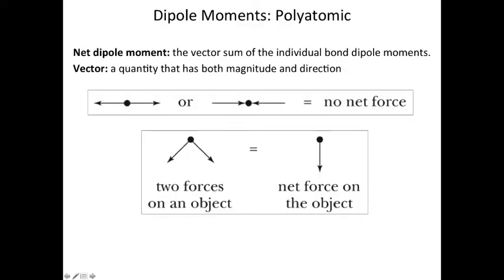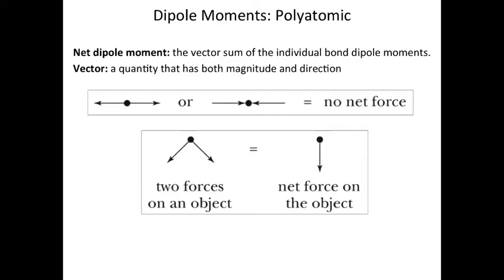Okay, so let's talk about polyatomic molecules and their dipole moments. So, the net dipole moment is effectively the vector sum of the individual bond moments. Because remember, each dipole moment from a bond is a vector, so if you just add those up, taking into account both magnitude, so how long the arrow is, which represents the size of the electronegativity difference between the atoms. If you add those arrows up and keep in mind their orientation as they point around, then if you get a resultant arrow, then that means you have a polar molecule,